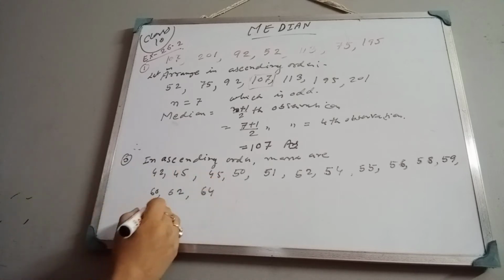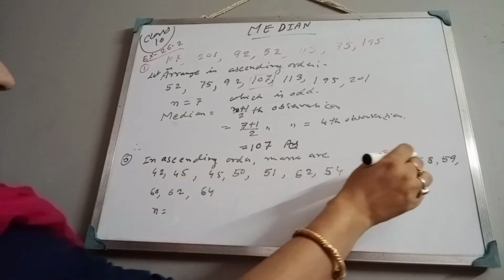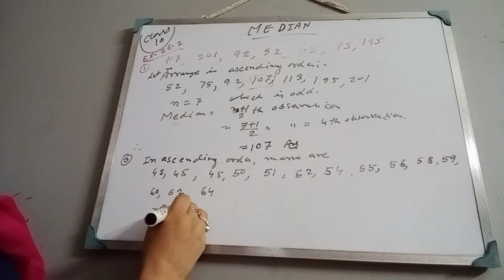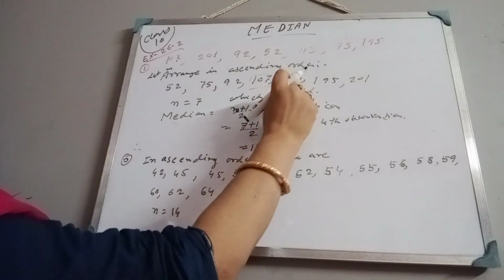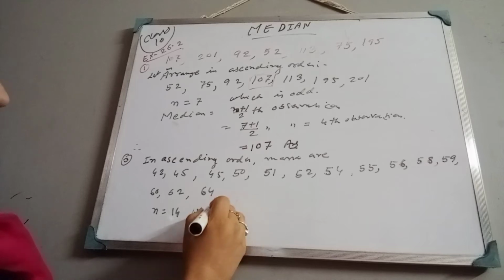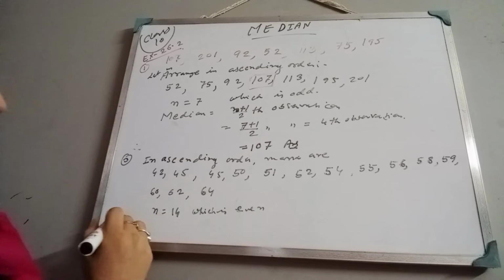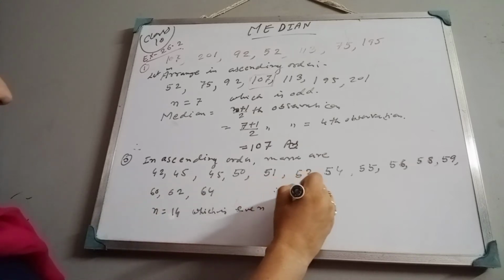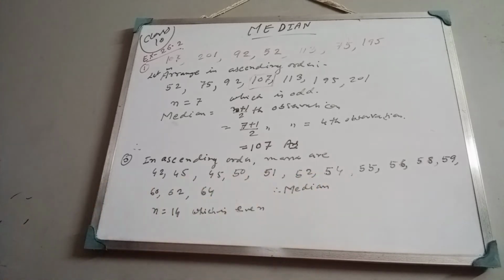How many numbers are there? Count: 1, 2, 3, 4, 5, 6, 7, 8, 9, 10, 11, 12, 13, 14. So n is 14. Clear? N is 14 means this is an even number. Here it was odd, now it is even. So when it is even, the median will be the n by 2th observation